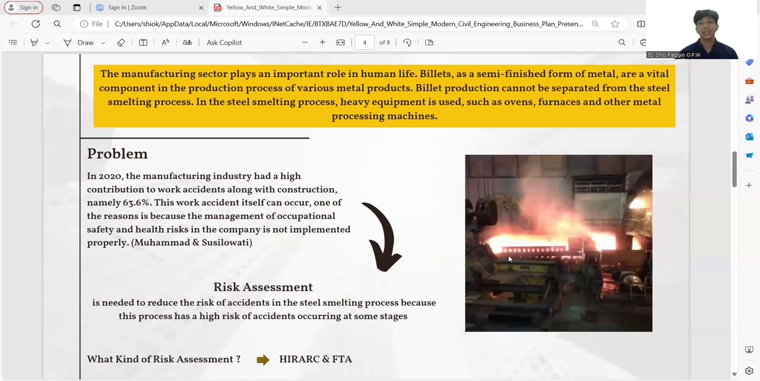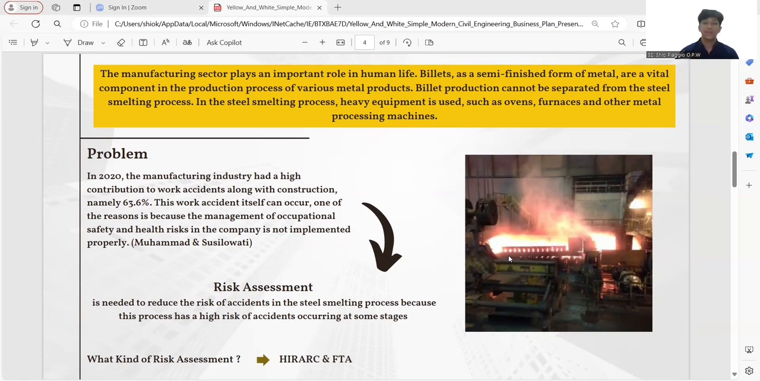And billet production cannot be separated from the steel smelting process, and the steel smelting process has high risk in every stage. So we, as safety engineers, must know this point. Heavy equipment such as ovens, furnaces, and other processing machines are used in billet production. Okay,